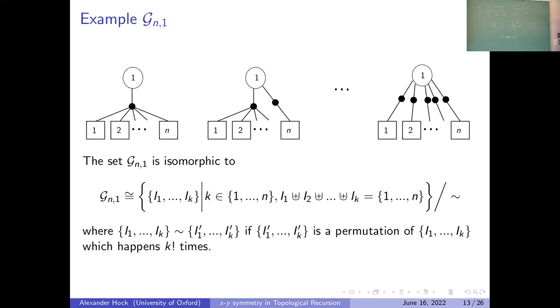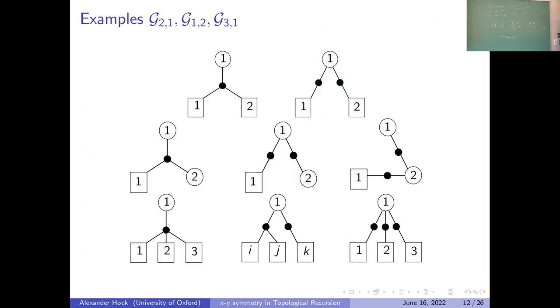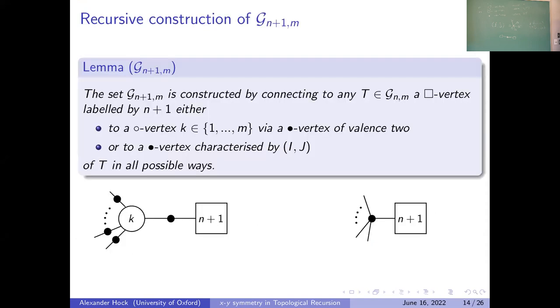And this is just the example of Gn1 because we have this white round vertex. And as you can probably imagine, if you look at arbitrary GNM trees, it's much more complicated. So even the number of these round vertices makes it very complicated. So the leaves are quite easy, the white square vertices. And then there's a technical lemma that you can reconstruct Gn plus 1m from the set GNM